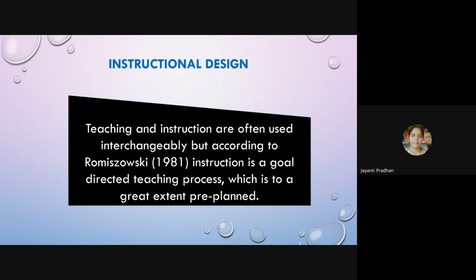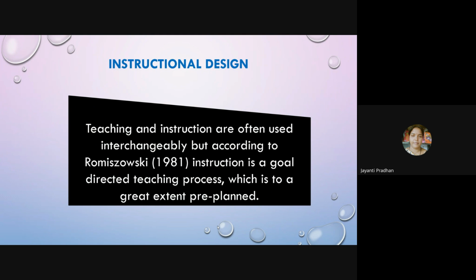Then instructional design. What is this instructional design? The focus of our discussion is that we understood what learning is, then the factors affecting learning. Now what is instructional design? Teaching we know, and what is instruction again? Most of the time we use the words teaching and instruction interchangeably. We think teaching is only instruction. But according to Romiszowski,